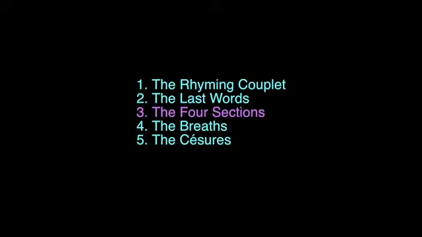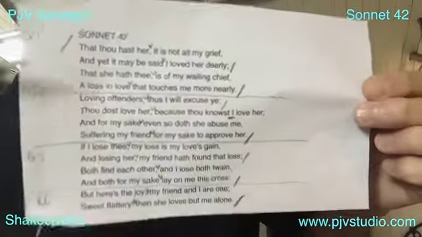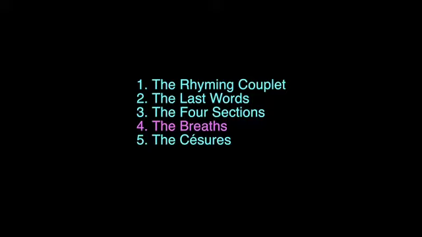With the breaking into 4, a sonnet is 14 lines, and that's 3 groups of 4 plus the rhyming couplet. So we've marked it like this. We've done it already. You see, just put a line under, a line under, a line under. Okay, now let's look at the breaths. Now the breaths you have to breathe are the sentence endings. Sentence ends in 3 ways: full stop, exclamation mark, question mark. So we're going to look out for them.